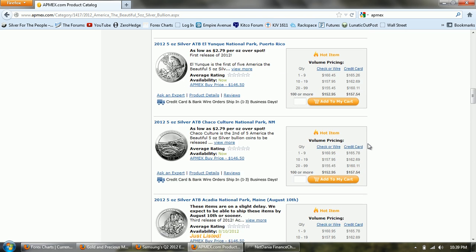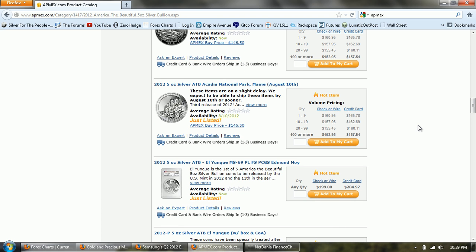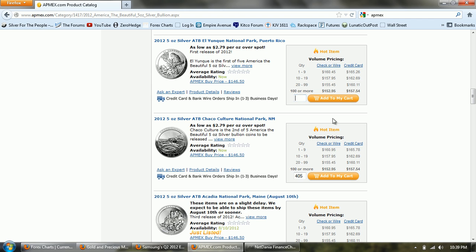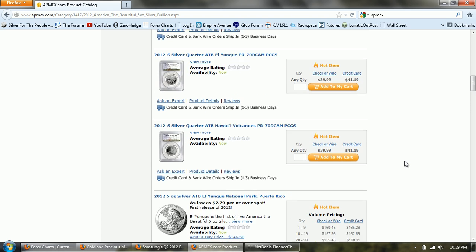at that 152 price range. You've got the El Yunque from Puerto Rico, the Chaco one, and the Acadia National Park. That's coming out August 10th, and we'll do the numbers on those. So they've got about 2,300 of those, 400 of those, and 185 of those. So apparently there's 2 more left for this year to come out, and I don't know what those are going to be,